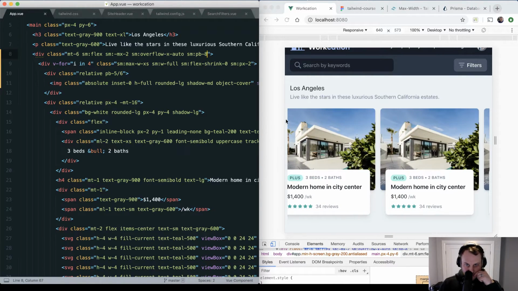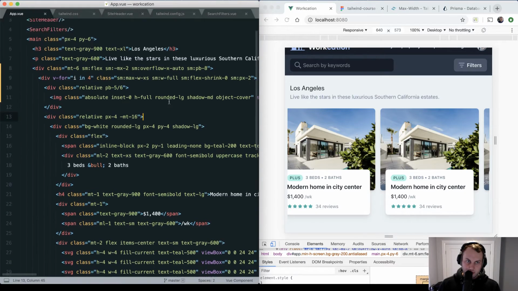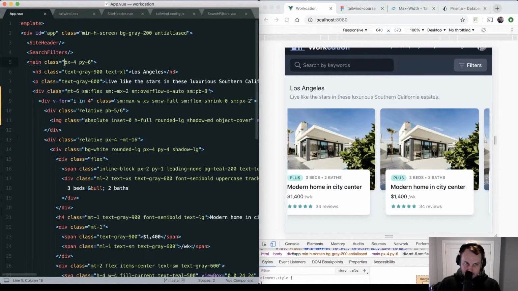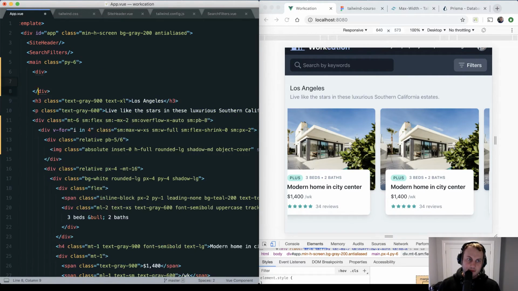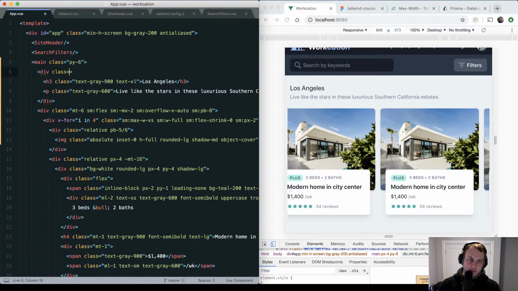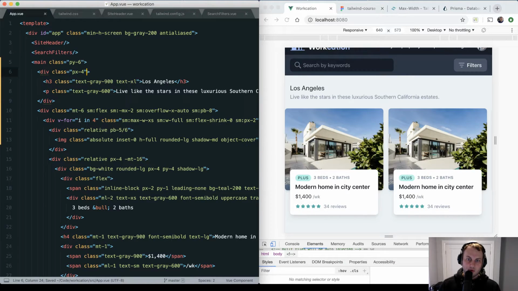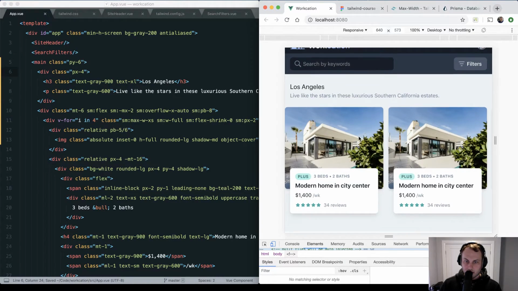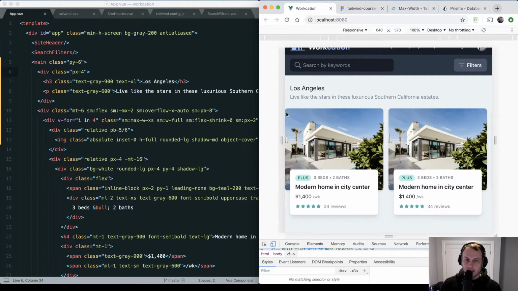So now how this is getting cut off here, we're going to have to figure out why that's happening. I think it's because we got this PX4 here. So if we get rid of the PX4 there and we instead wrap this header stuff in a container and move the PX4 there, now we won't have PX4 on the cards, but now they go all the way to the edge, which we actually don't want, right? So I think what we want